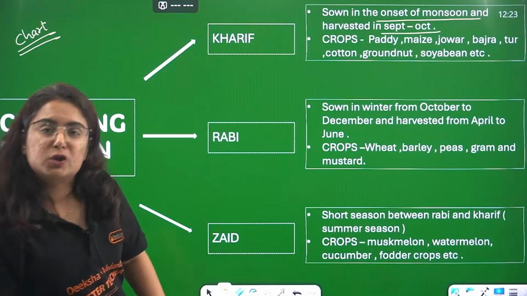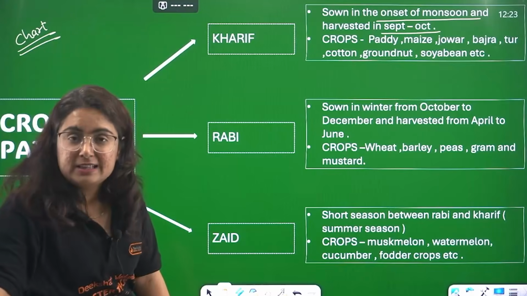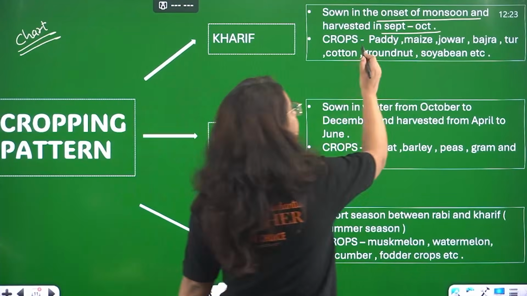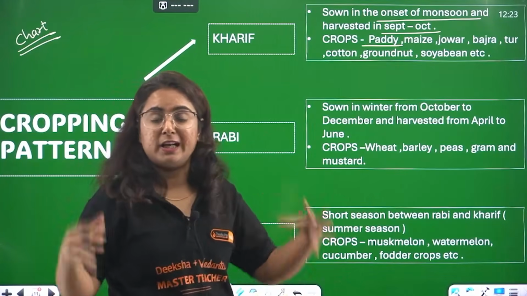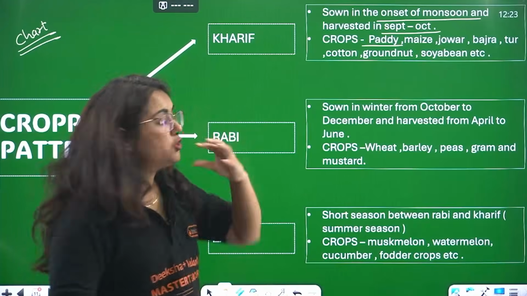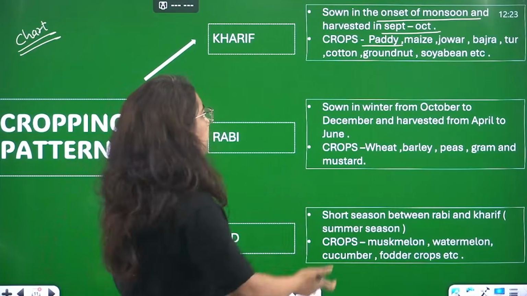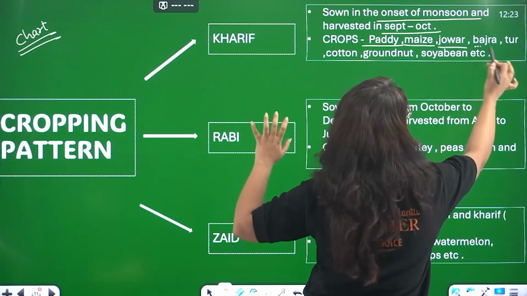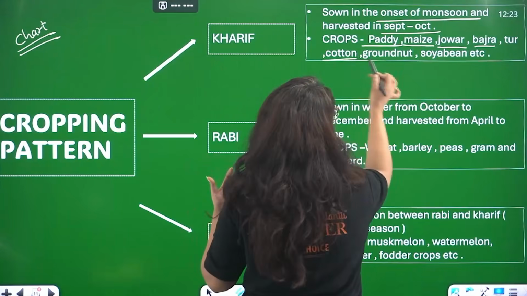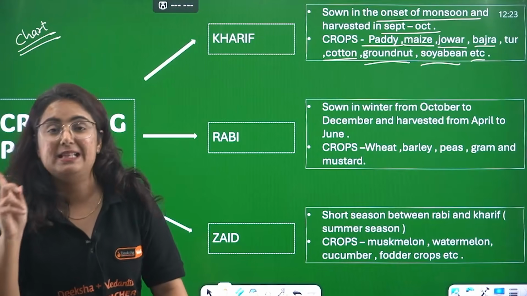By the way, which crops are those? So by the crops which require high rainfall, that means high water for irrigation. Paddy, bhai, have you seen in the movies there are farms that are fed with water till the knees of the farmers? They are the farms where paddy and jute is particularly grown. Okay, paddy and jute. So along with paddy, beta, it is maize, jowar, bajra, tur, that means that's a tur dal, cotton, groundnut, soybean, etc.